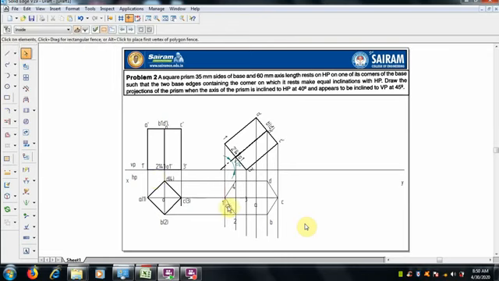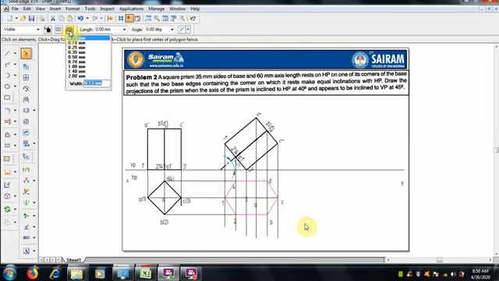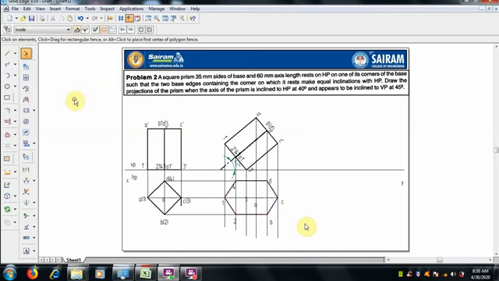This is the maximum boundary, so join all the points in the outer boundary and select 0.5 mm thickness, so that we can get an overview, that is the boundary of the top view. Within this the remaining things can be done.